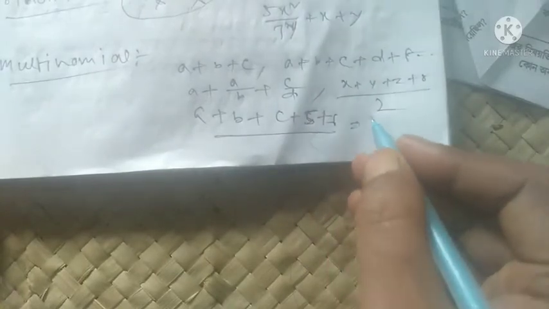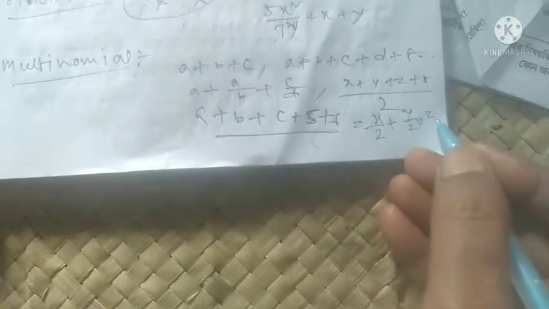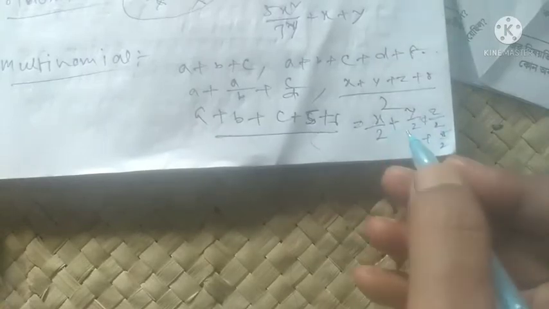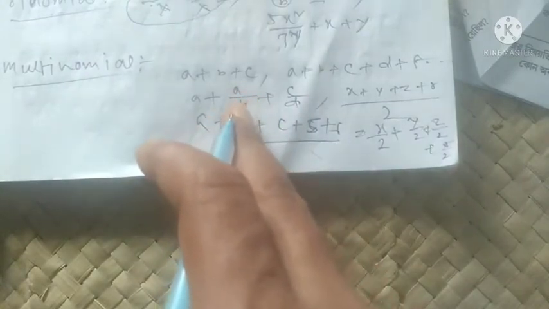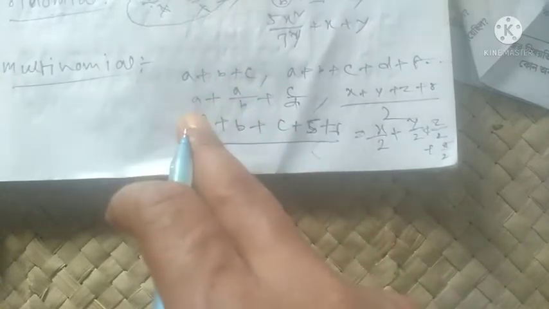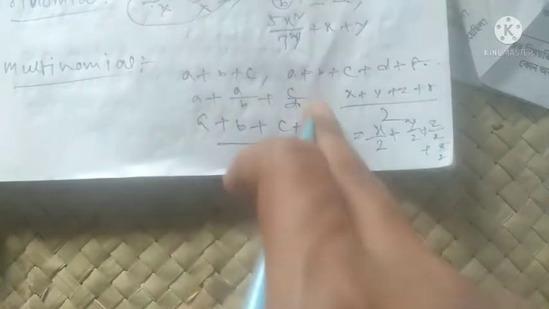If you apply the distributive formula, then after that you can write x by y plus y by 2 plus z by 2 plus r by 2, so there are 4 terms. You can say this is also a multinomial. But if you say, sir, a by b is 2 terms? No, a by b is the division form, so you have to take it as one term. So one term, first term, second term, third term. It has 3 terms, so that's why it is a multinomial.